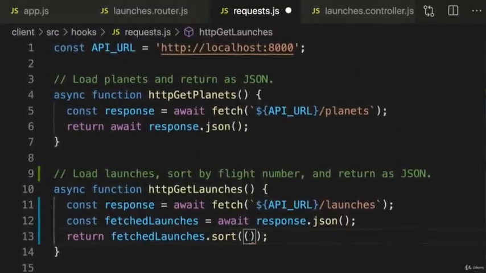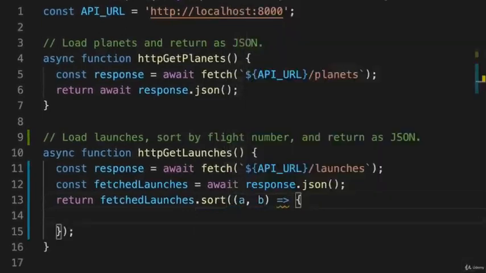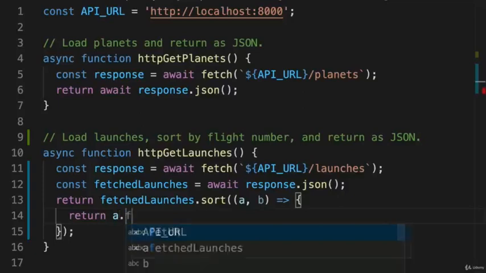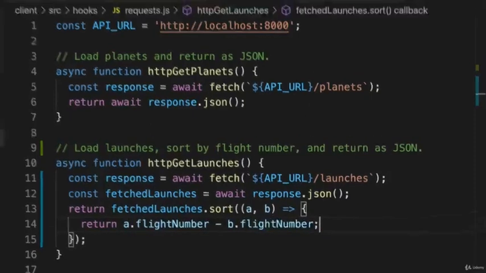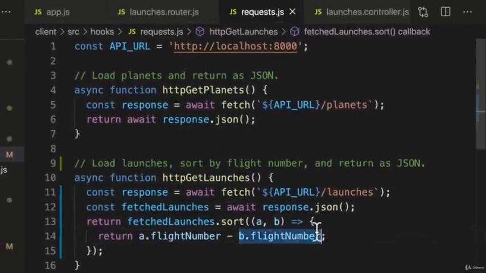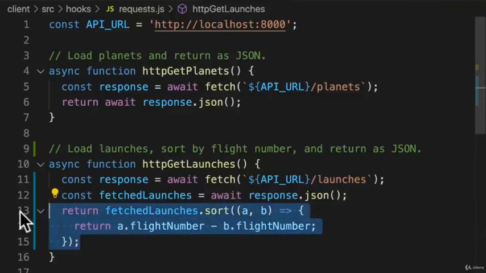What this will look like for us is we'll take in two launches, A and B, and in the callback, we'll return the first launch, A.flightNumber, minus the second launch, B.flightNumber. Now, if B has a flight number that's greater than A's flight number, well, a smaller number minus a larger number will give us a negative result, which means our sort function will give us our launches in ascending order